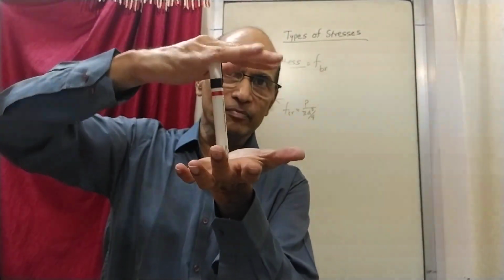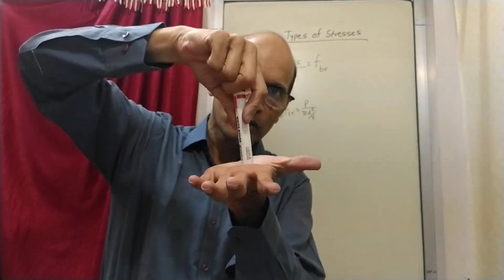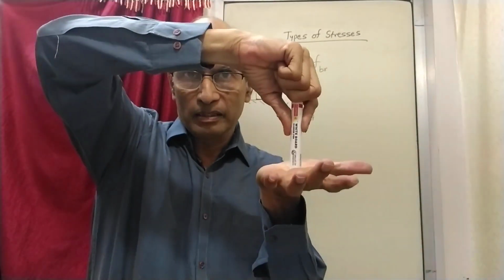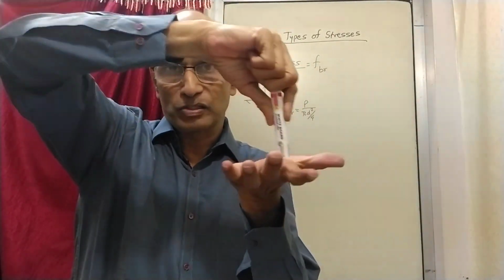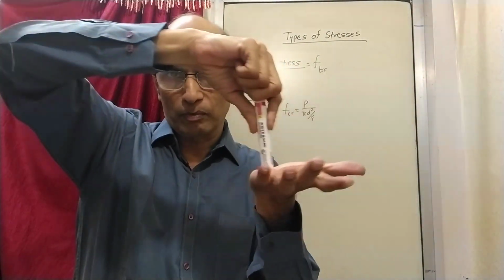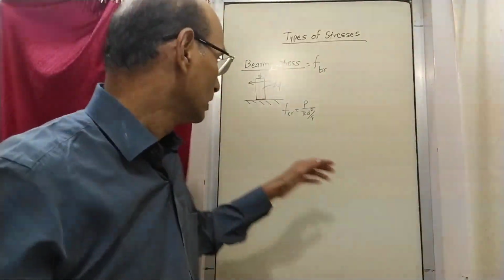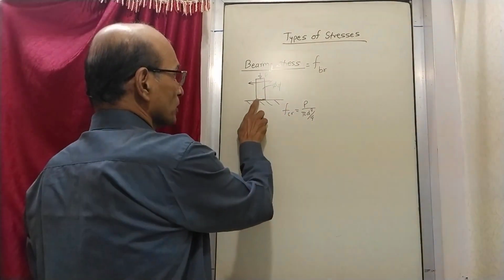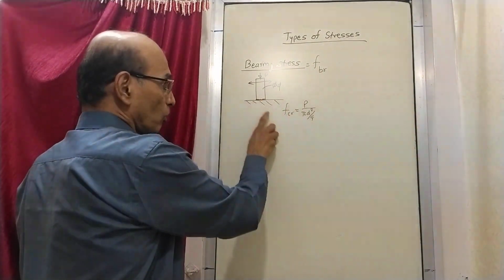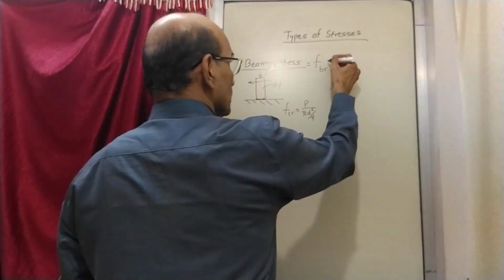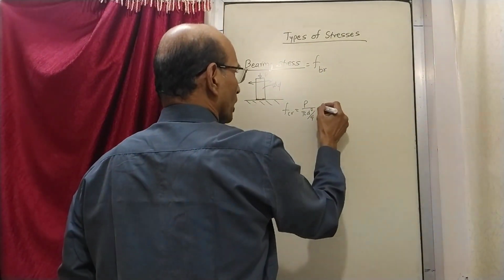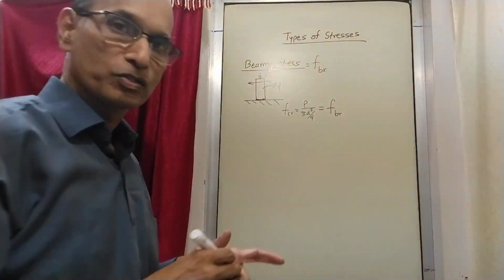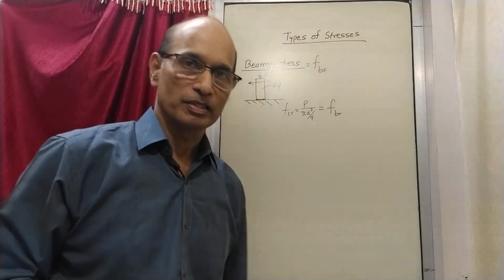Now I am doing the same thing, but in addition to the load, it is rubbing. There is a load also, and there is rubbing action under the action of load. So rubbing is also there, and the load also is there. Under this situation, the stress that is developed at the contact point is called a bearing stress, and the formula for bearing stress is still the same.